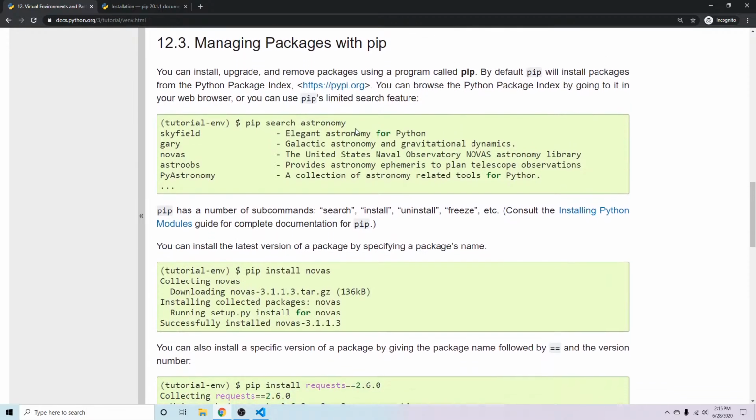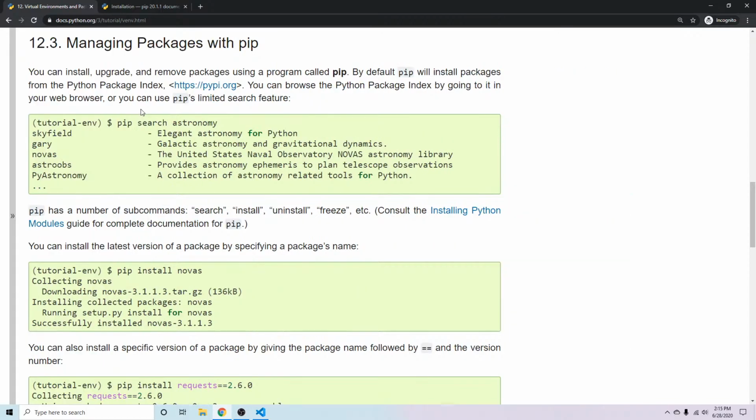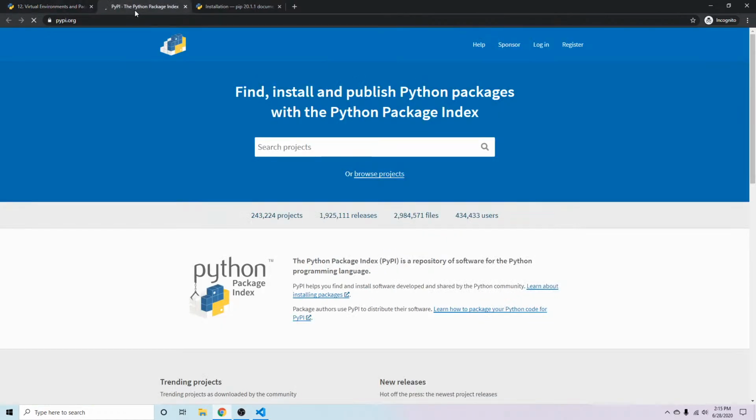Moving on to using pip and what pip is good for. Now, we haven't mentioned pip up until now, and what it does is it helps us manage packages. So you can install and upgrade and remove packages using a program called pip. Pip will install packages from the Python Package Index. So if you want to look at various packages available, you can go to PyPI,